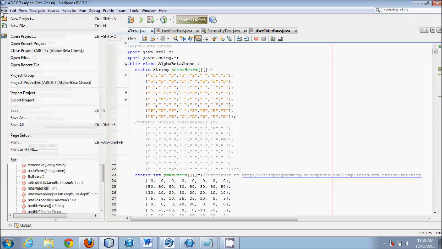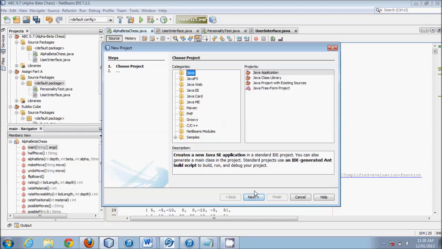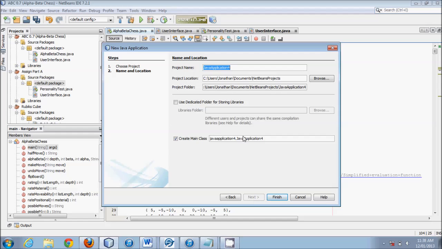So to start out, we'll create a new project. If we go File, New Project, it'll be again a Java application, as in the next tutorial. And we'll be naming this chess. Seeing how that works. Now, I already have a chess project name, I will just change this name to tutorial, chess tutorial. It doesn't matter what you call your name, just make it something that you can understand and